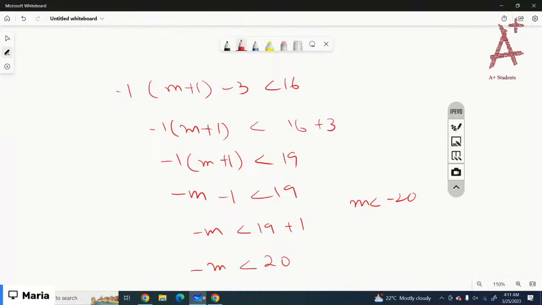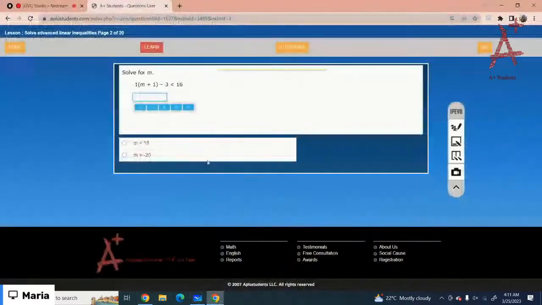It would be m is greater than negative 20. Got it? Because you are multiplying negative on both sides, so it would be m is greater than negative 20. The correct option is,